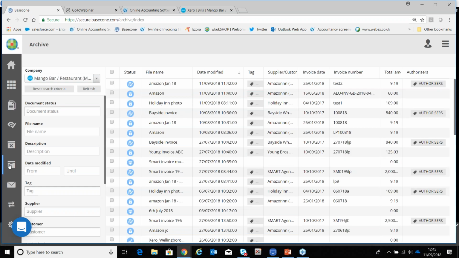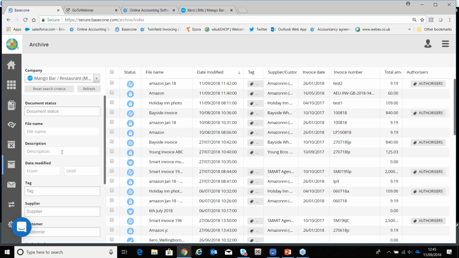So if I just click onto my archive, you'll see a list of all of the invoices that I may have processed using the application. Either they've been added using the email feed, or I pulled them off my PC because they've been sent to me in another format, or I've used my mobile phone to capture these images. They're all slightly different, but on all occasions what I can use is the archive facility just to look